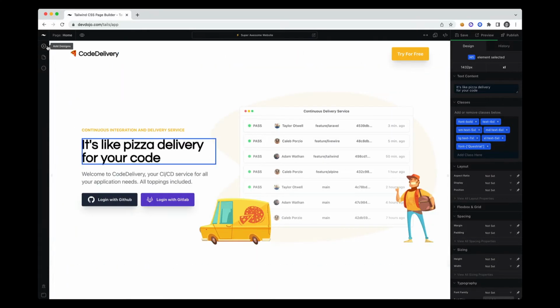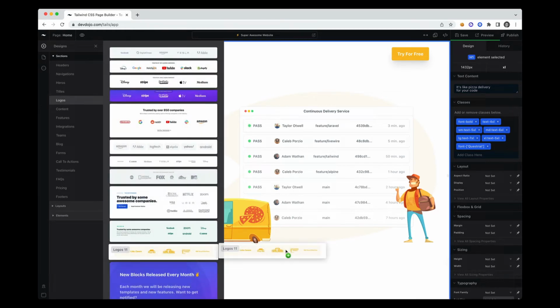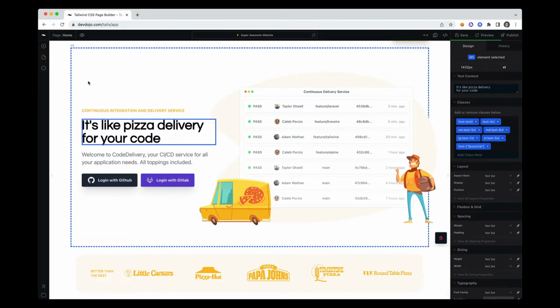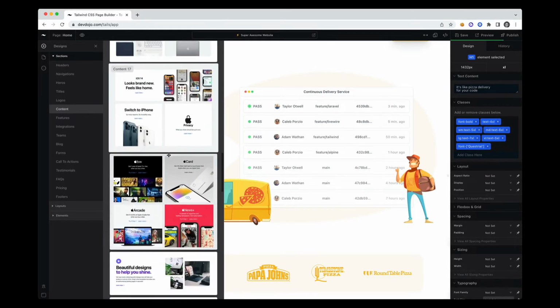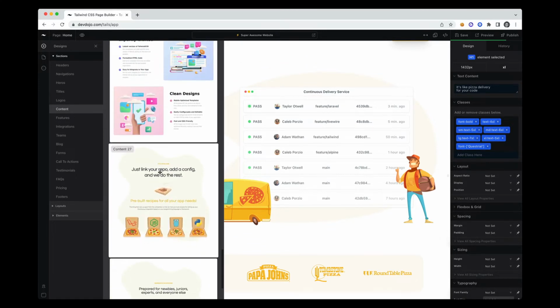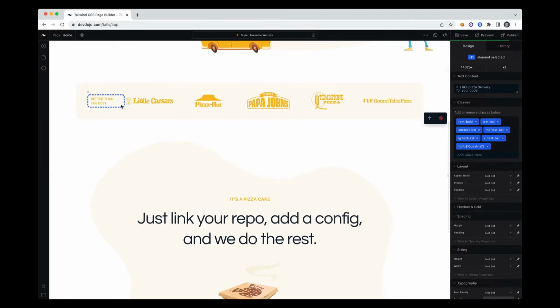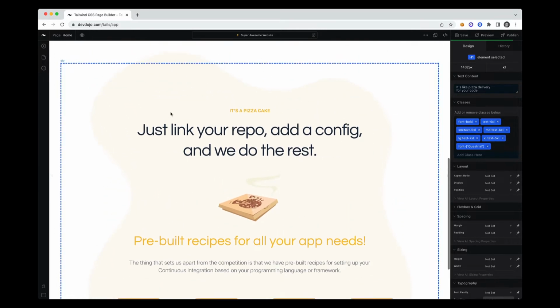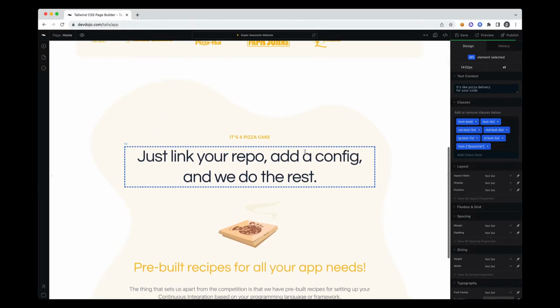So let's go ahead and add another design in here and let's go to the logos. I'm going to drag this logo in here and let's add one more. So let's find some content. And this is all designed for this one specific page called Code Delivery. You can see that they all kind of match. So if we scroll down, it has this logo cloud for these kind of pizza delivery services. And then we also have this content, which is kind of showing you some of the services that this specific